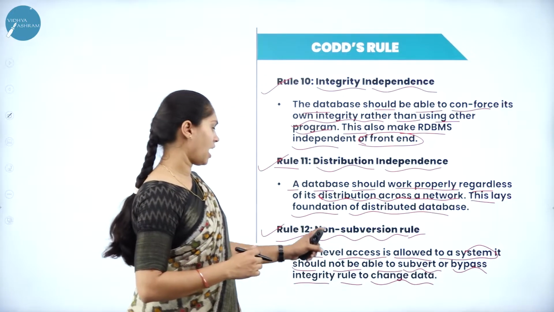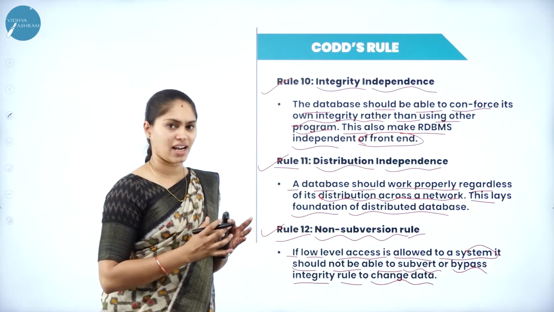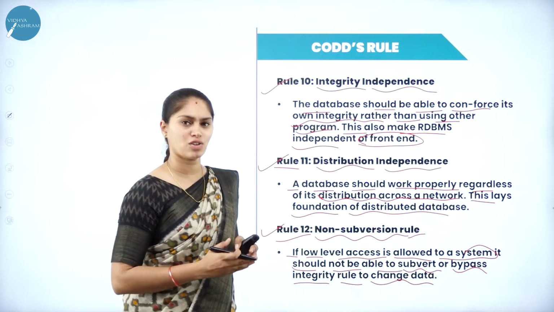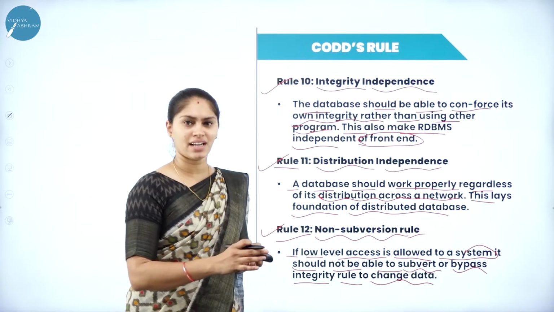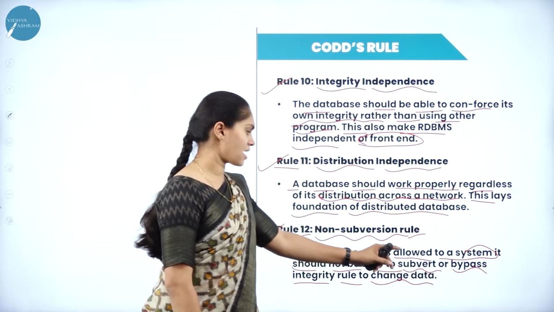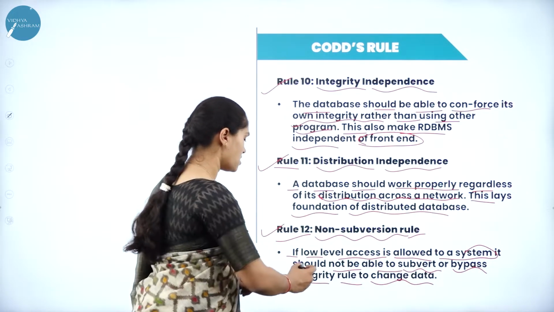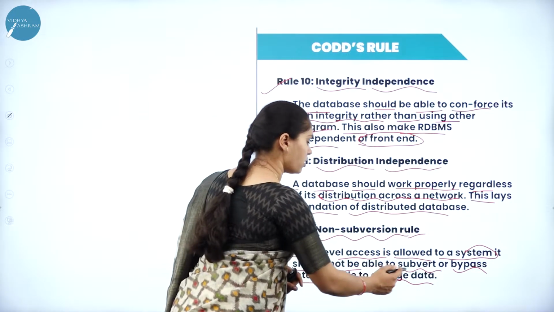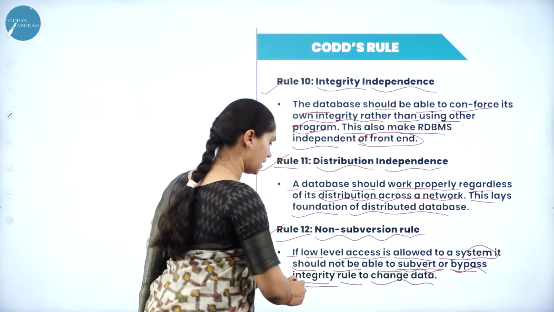Only then can we have integrity for the data. That means we can check the correctness of data, so that every piece of data is genuine. So that is what this is. If low level access is allowed to a system, the system should not be able to subvert or bypass the integrity rule